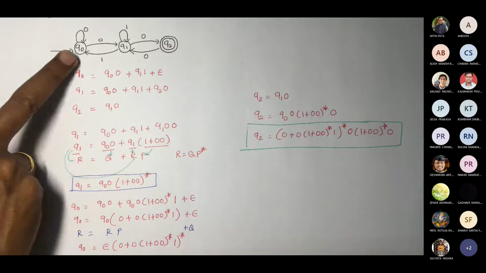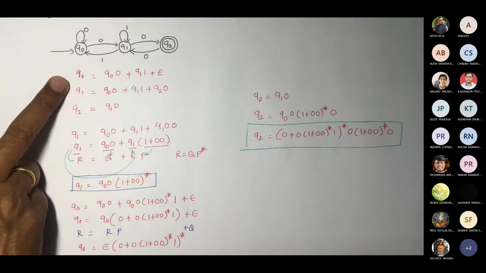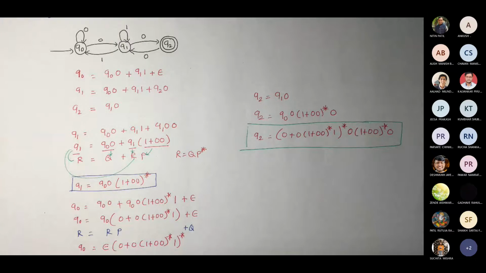Correct? Because the Q3 equation would be, for example, Q0 going to Q3, which is a dead state and is not taking you to the final state. So ultimately you are not going to make use of it, am I right? Yes, sir. Okay. So you may see this kind of situation somewhere, depending upon the problem. You can definitely skip such a state, but this may or may not occur. It depends whether it is there or not.